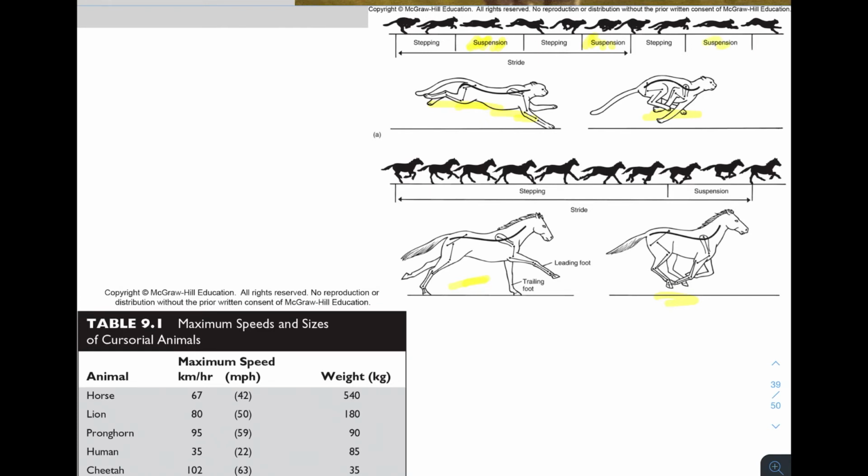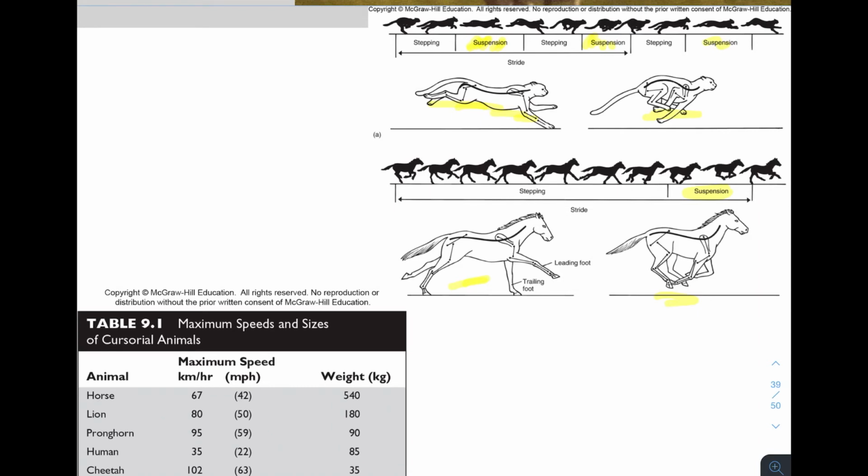In the same sort of comparison of time for the horse, what you see is that the suspension phase is much more limited in the horse. And so anytime that you're in the air, you're clearly going to be going faster, and you don't have the friction of your